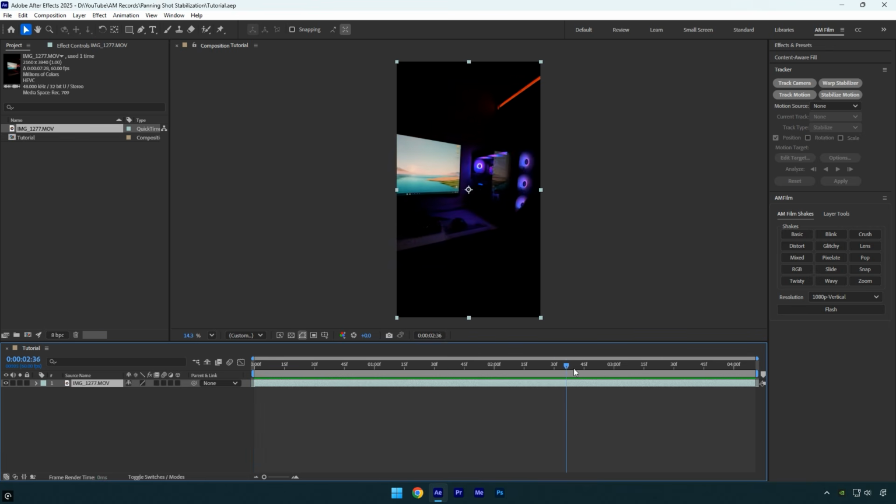Here I have a quick handheld panning shot of a PC, and now I want to stabilize it as perfectly as possible. Using stabilize motion alone can give good results, but sometimes it fails. For the best results, we'll also use the camera tracker to achieve more accurate stabilization. First I'll apply warp stabilizer to smooth out the shot, since this footage was recorded handheld and contains some shaky